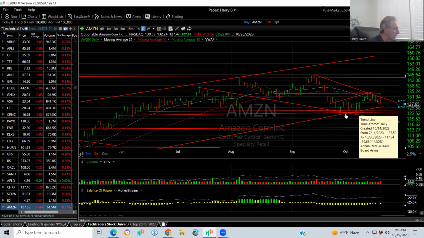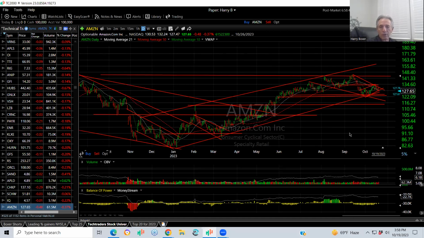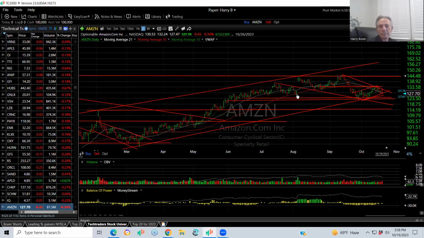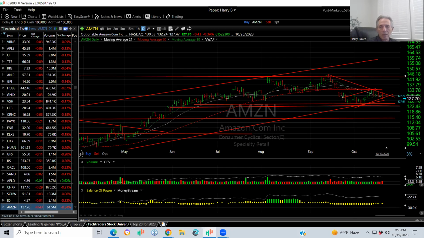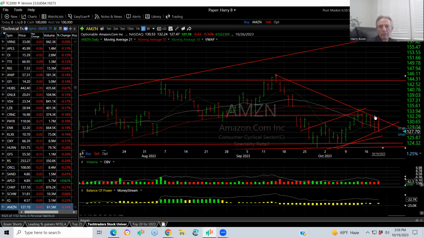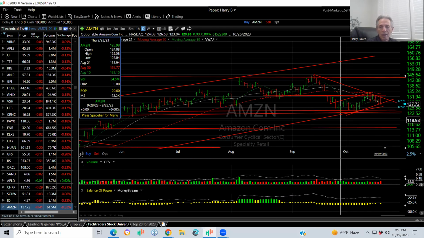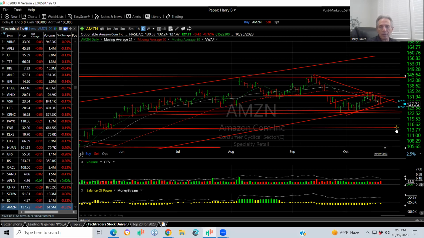This is what I'm seeing at Amazon, and it ain't pretty, as the expression goes. We got a double top after a long uptrend, right? Amazon went from 83 to 140 something just since this year. It broke support there, and it rallied right back to it. As the moving averages rolled over, it failed, and today had a pretty negative reversal day. I'm just worried about the market short term, but Amazon, I think, is going to retest 123. If it gets below that, you're looking at 114.15. That's my take on Amazon. Be careful.